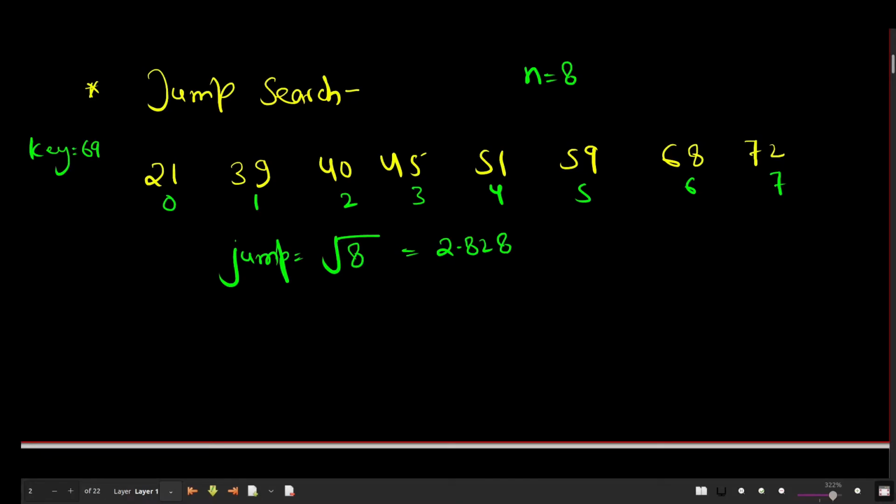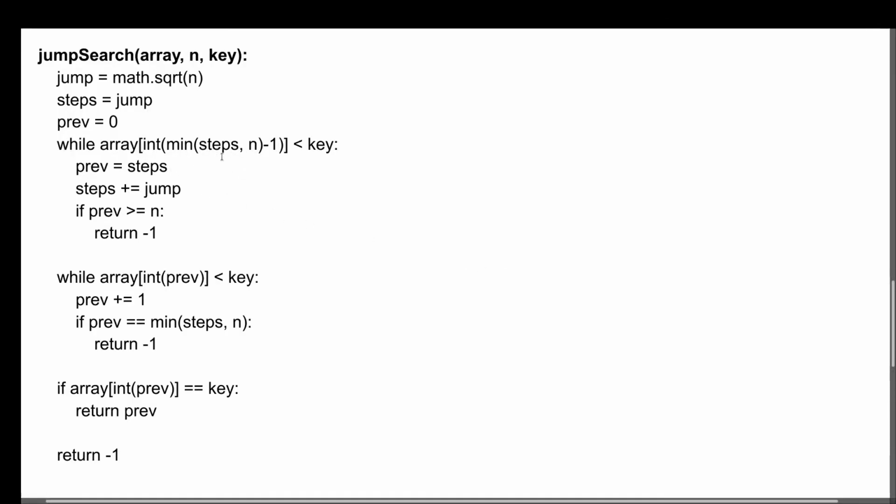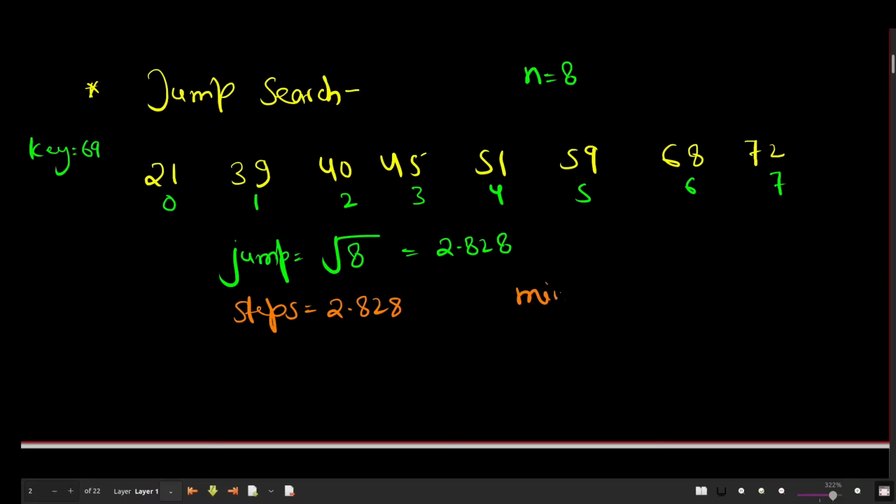Okay, so what's going to happen now, we will make steps equal to 2.828, and after that we are going to come inside this loop and we'll check minimum of steps and n, minus 1. So minimum of steps, n, and then we'll do minus 1 and we'll make it int.